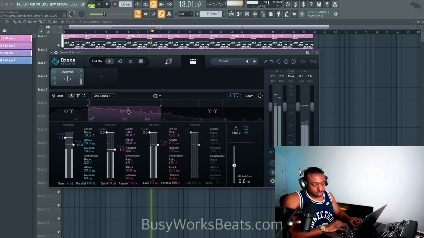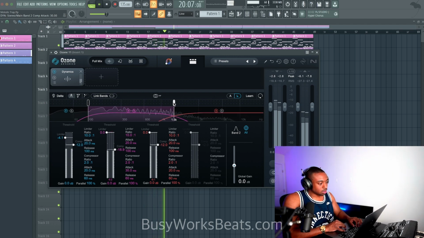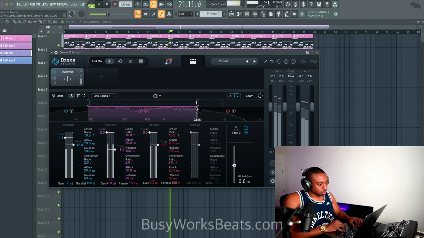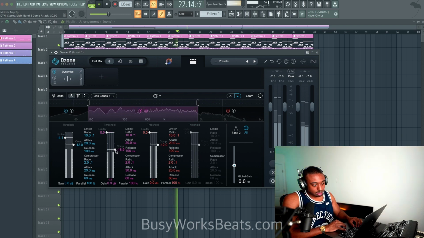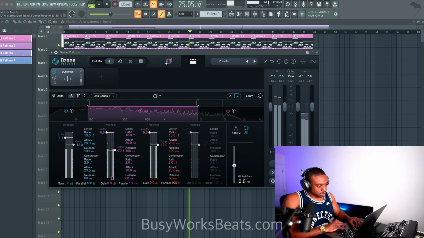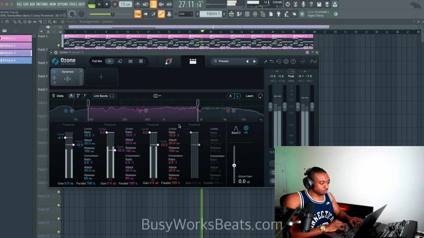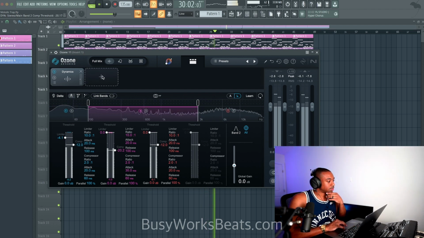So we're looking for the transient of the 808 and some of the percussive elements. So I'm gonna make sure that low end of the hi-hat is there and the snare. So it's just a little movement, not a lot. The hi-hats I'm not gonna mess with, the high end.